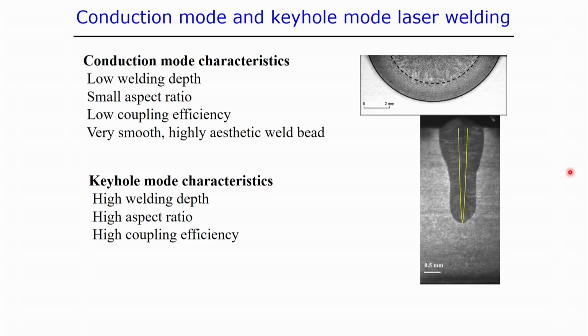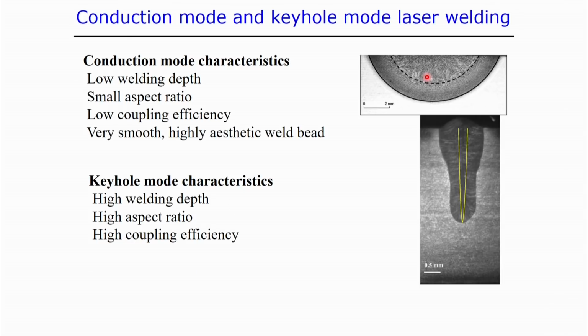If you see the first figure, the dotted line indicates the fusion zone and the next line indicates the heat affected zone. In this molten zone, the ratio of depth of penetration to width is low. In the second case, there is a high depth of penetration of the weld pool, but the width is relatively less. So, in the first case, from the macrograph itself, we can see that it is a conduction mode